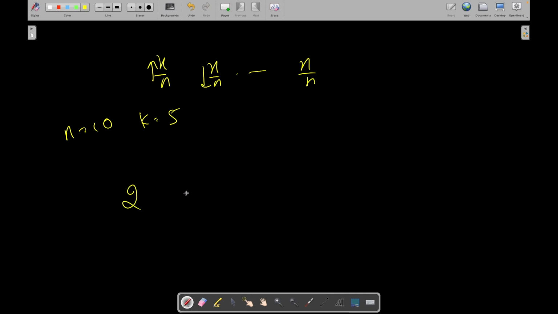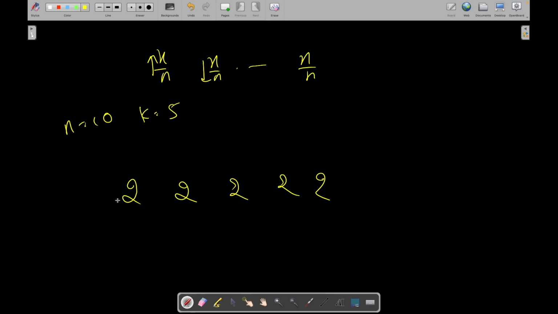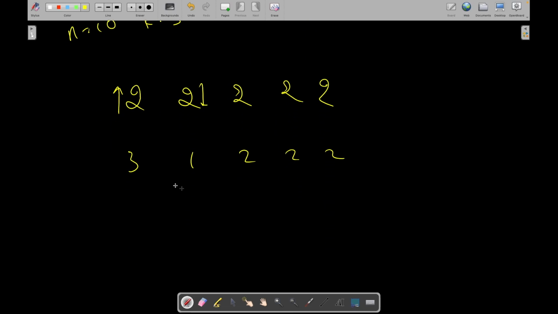Now I can divide it as 2, 2, 2, 2 and 2. Now what else can I make? Either I have to increase one by something and decrease some other by something. So this will become 3, 1, 2, 2, 2, whose GCD is 1. Now I can't decrease this further, so I have to decrease this and increase this. So in the end, the max that I can get is